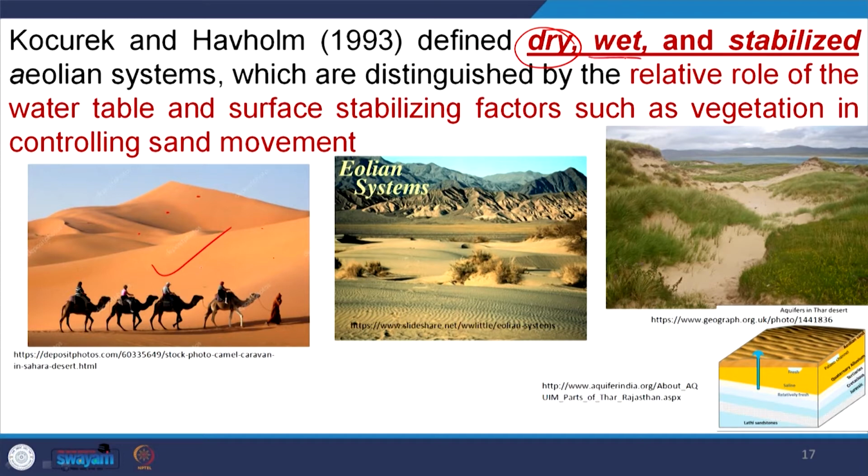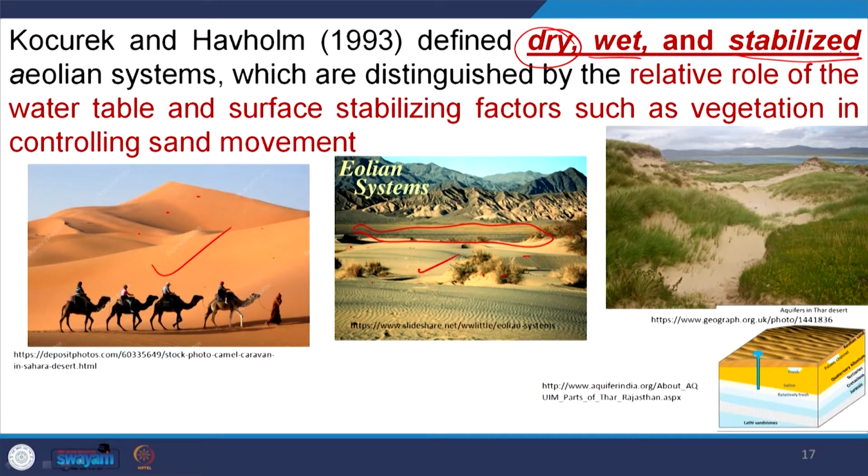So, that is called dry area, that means dry sand is there. Then wet, if you migrate from here to here, in these photographs you see these are the playas, and near to this playa we have certain vegetation, that means this area is wet. Then third is your stabilized system. Stabilized system is either artificial or natural.